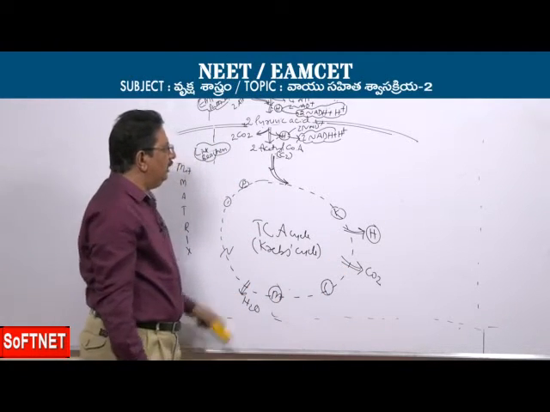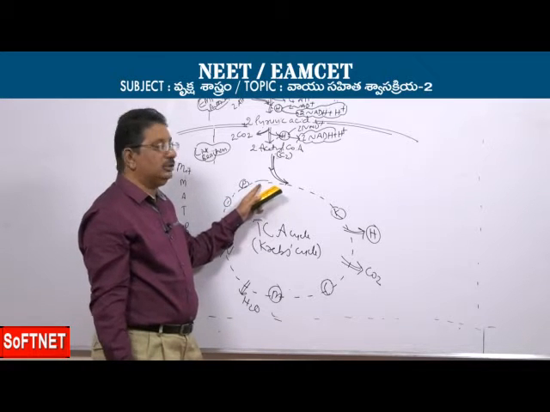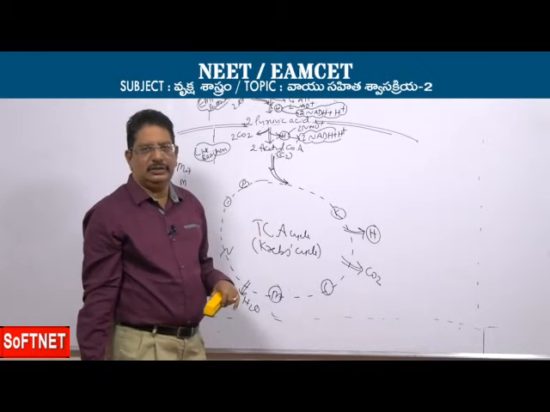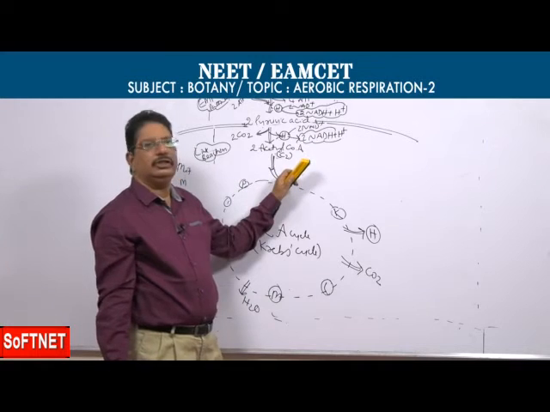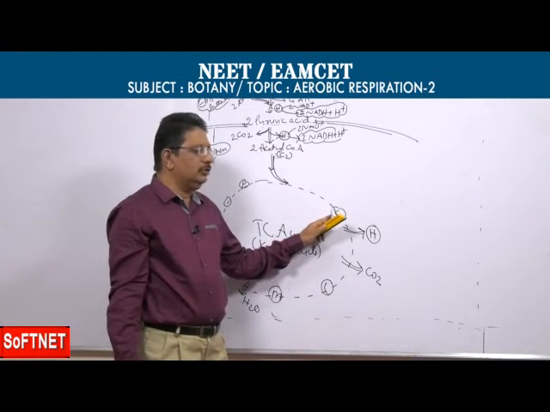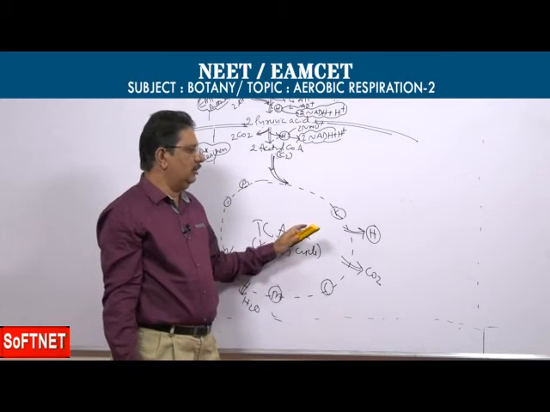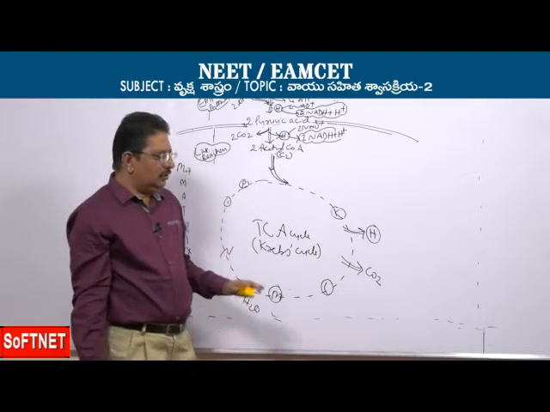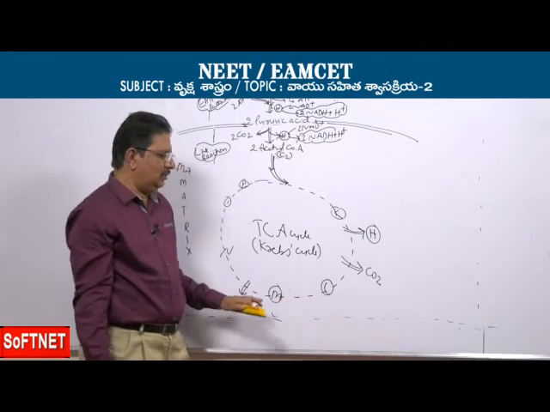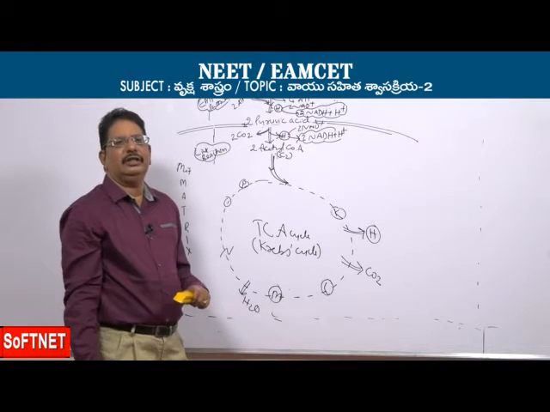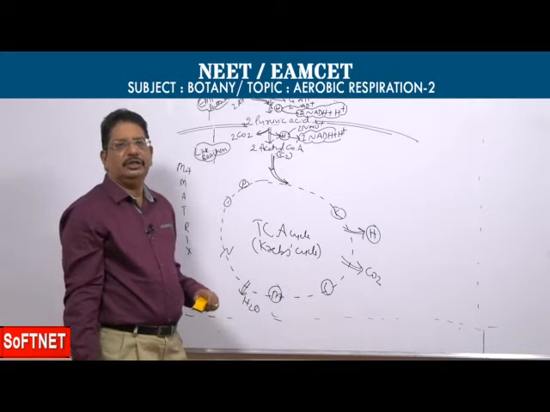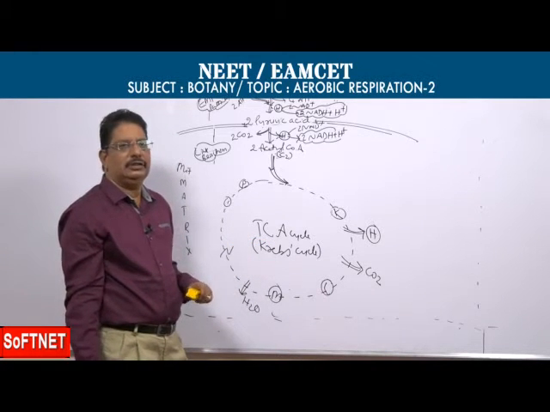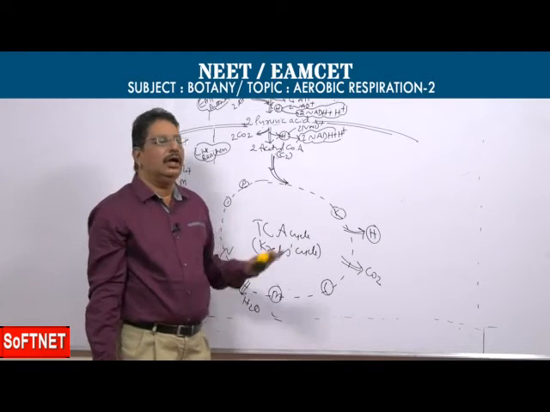To be brief, the acetyl coenzyme A conversion starts with the participation of a compound called oxaloacetic acid, which combines with acetyl coenzyme A and forms citric acid, later cis-aconitic acid, further isocitric acid, then oxalosuccinic acid, then alpha-ketoglutaric acid, then succinyl coenzyme A, followed by succinic acid and a formation of fumaric acid, malic acid, and then